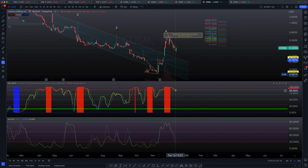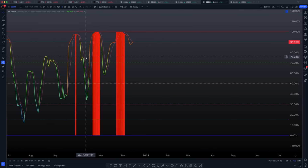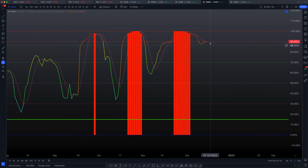So what we're looking at here is, let me just zoom in a little bit so that we can all be on the same page. This spectrum line is the volatility component of the BBWP indicator. The pink line is the moving average. So usually